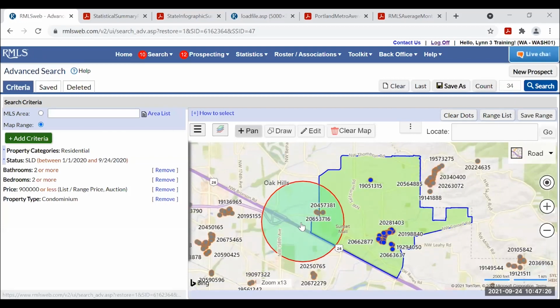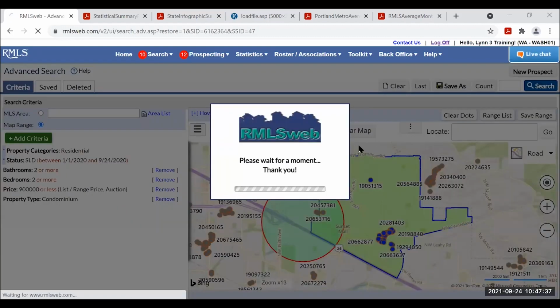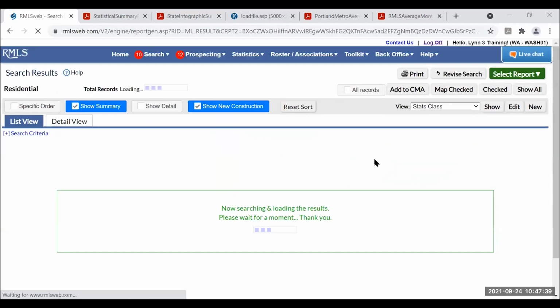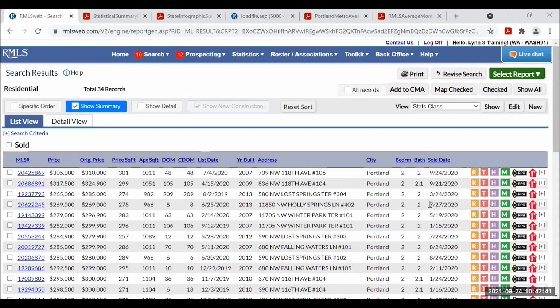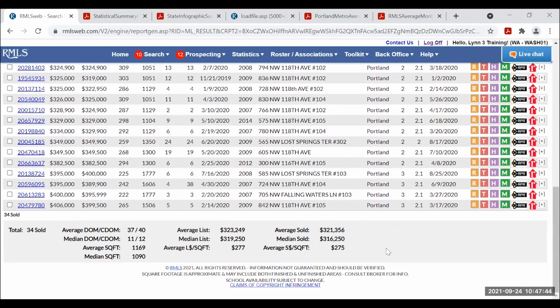Count. And so now you can see inside my exclude circle, there are some that are brown that it is excluding. And search. Okay, and I'm scrolling down, and average sold price last year, $321,356. Let me write that down.